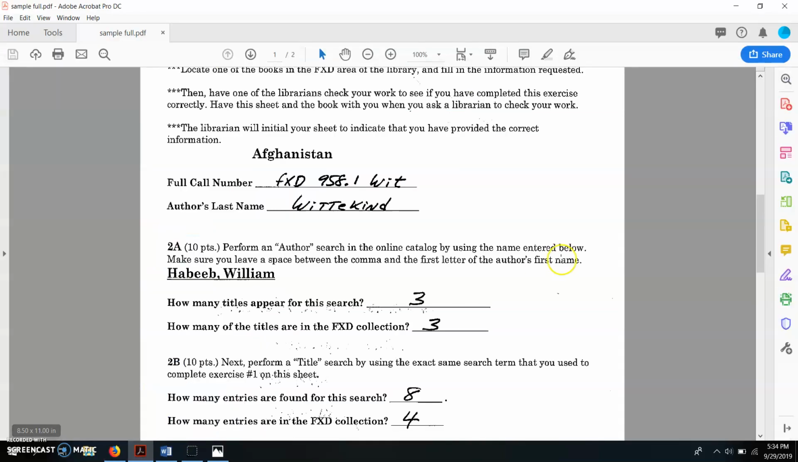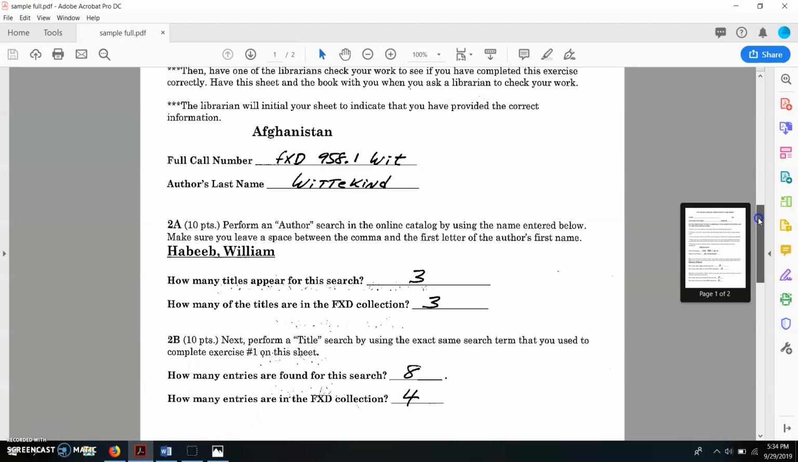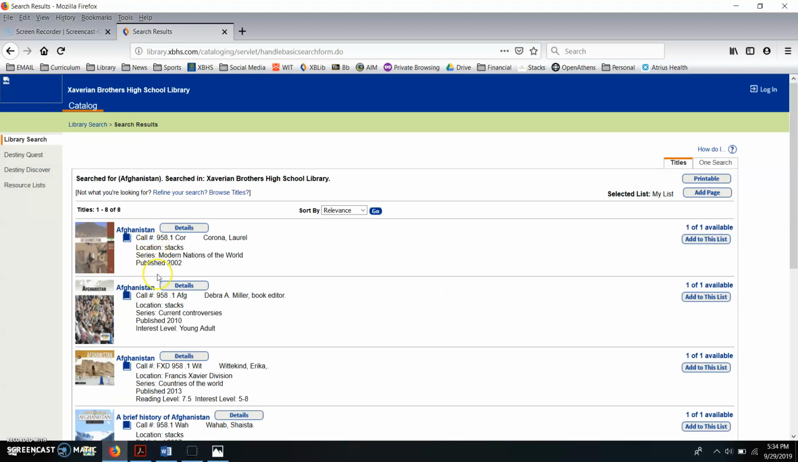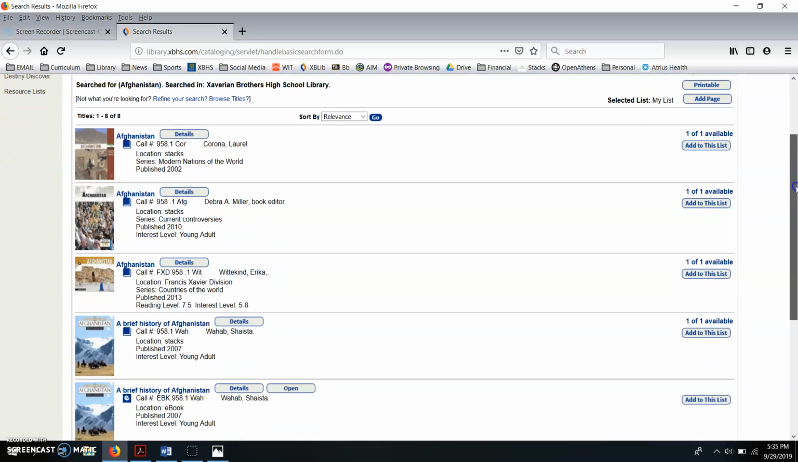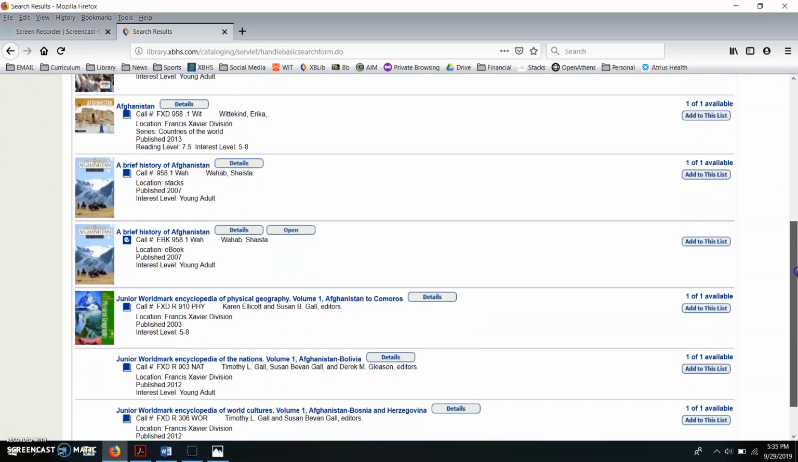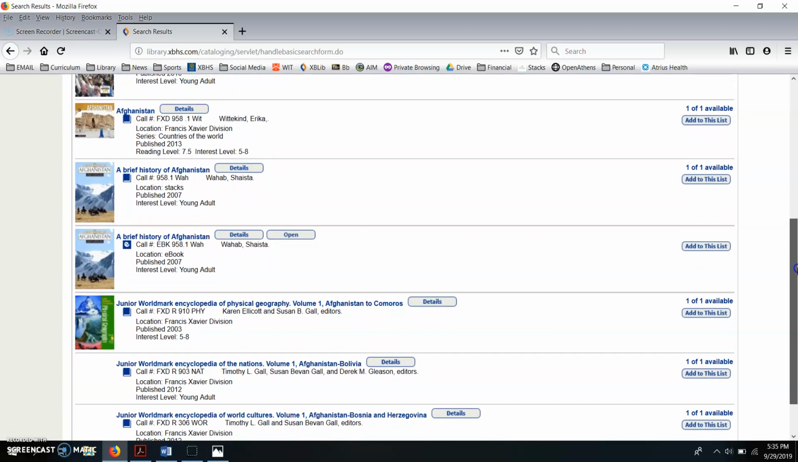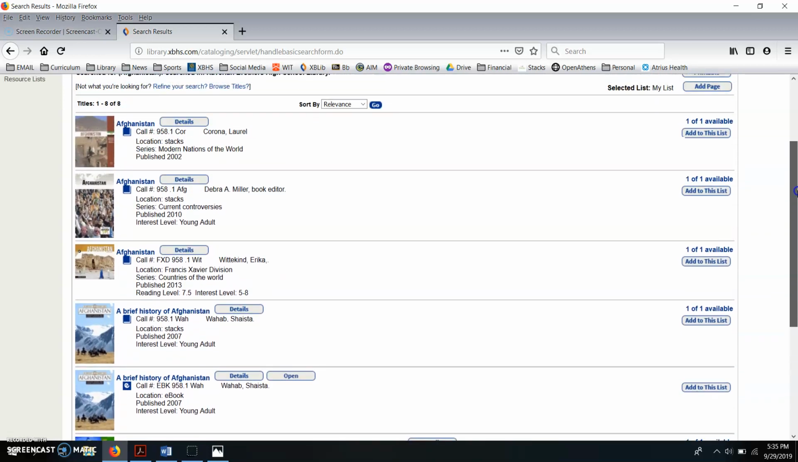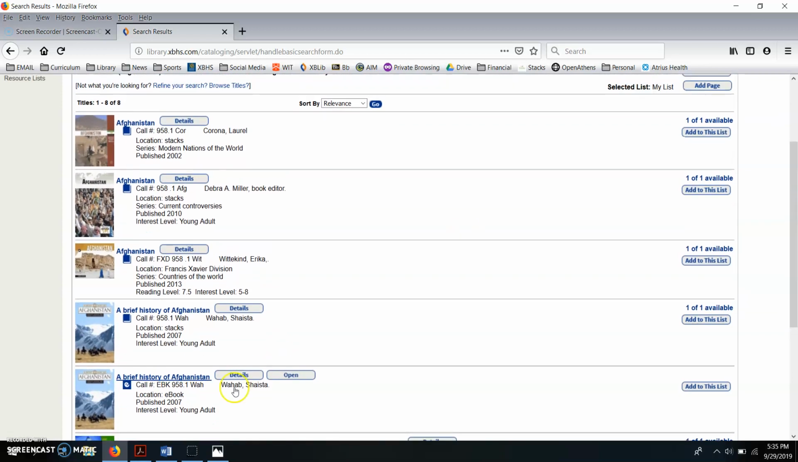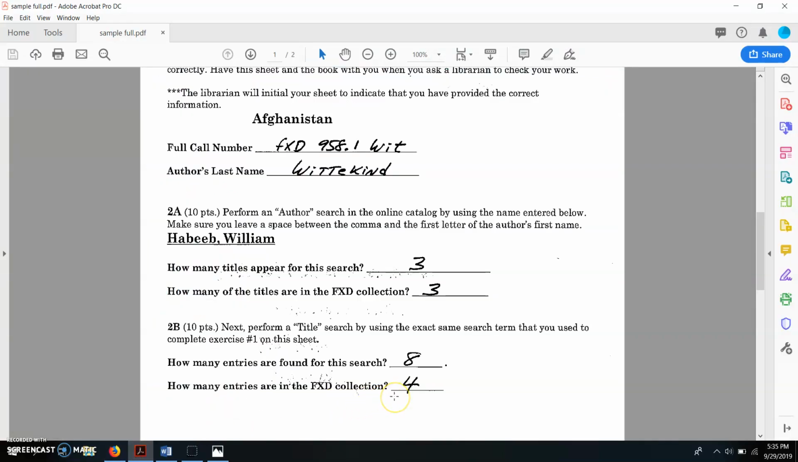So back to my answer sheet. I put down 8, and I'm asked again how many entries are in the FXD collection. So now I have to scroll through the list. 1 out of the first 4. Then there's number 2, there's number 3, there's 4. So the last 3 are in the FXD, and the third one is in FXD. So 4 out of the 8 books are in the FXD collection, and so I put the number 4 down